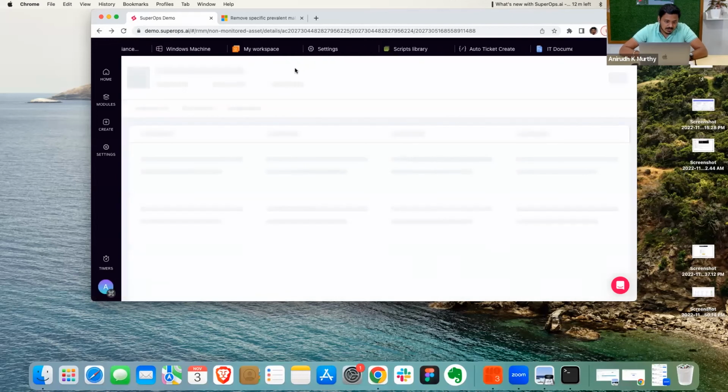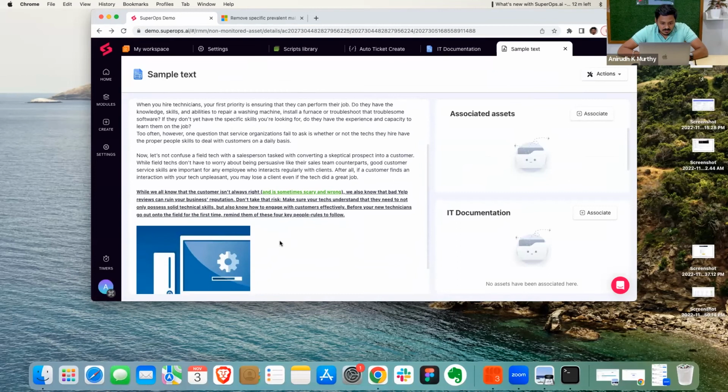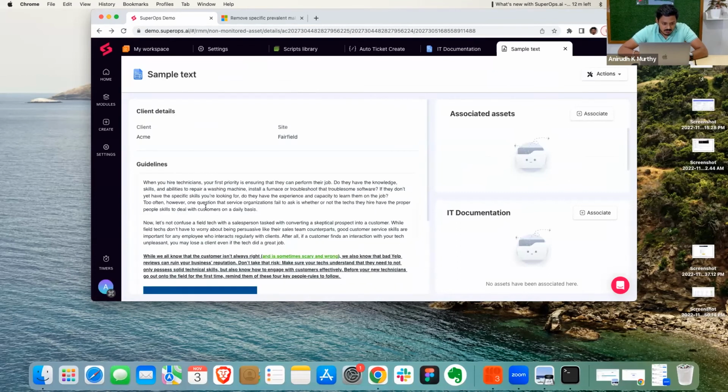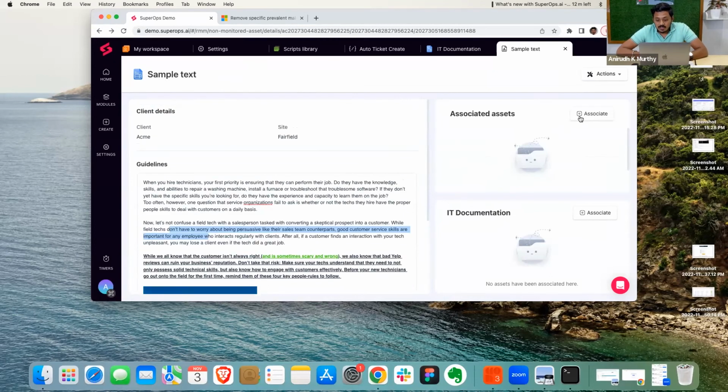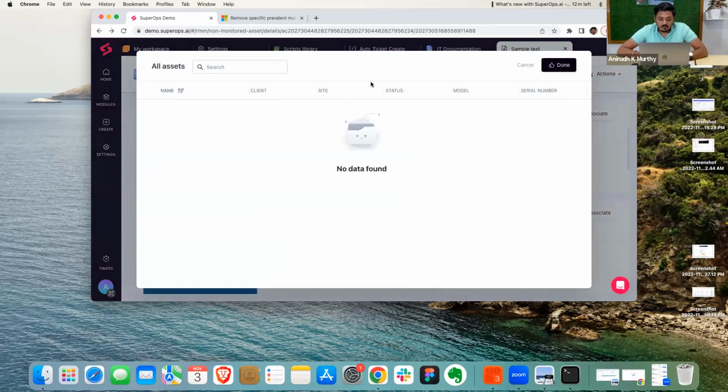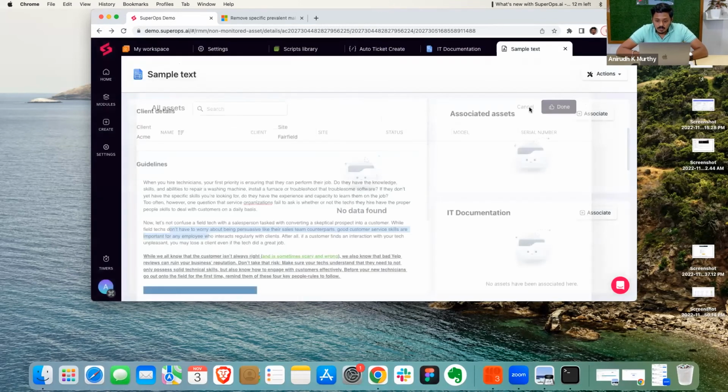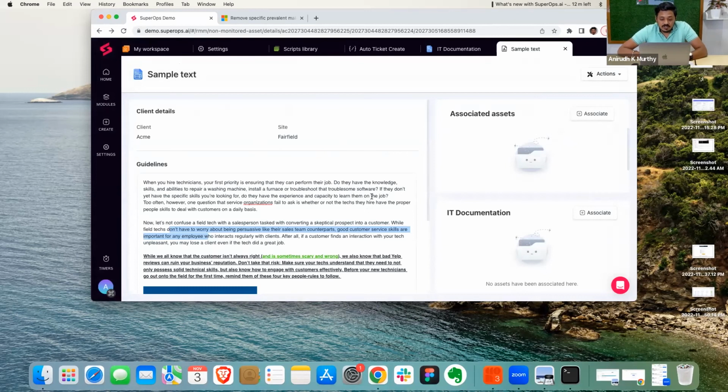Sorry, I went to the link in the rich text editor. Yeah, coming back. Yeah, here it is. So I've just created a rich text document. I could edit the rich text. I could have all the properties of rich text where I could bold it, I could underline it, I could attach hyperlinks, I could attach pictures and all of that. And also we have added the tab to associate assets along with the particular document if required. So these are all the features that we have launched on the IT documentation side of things